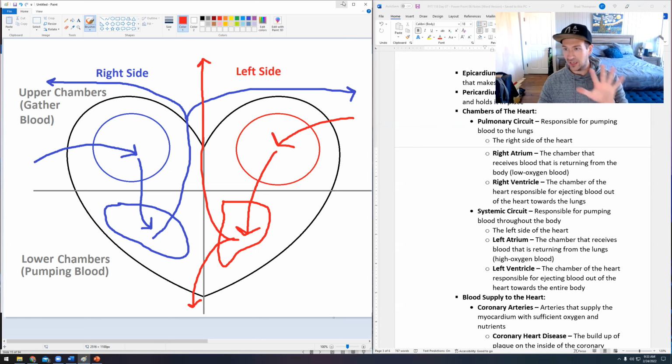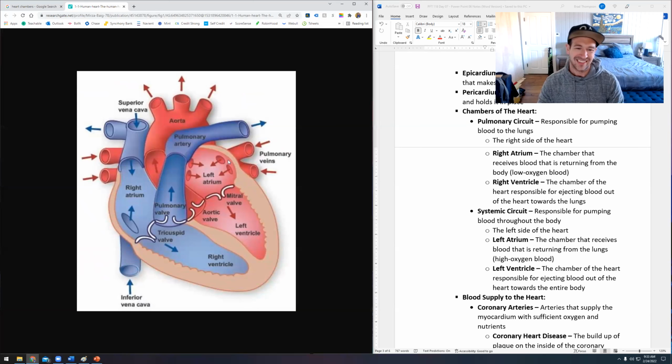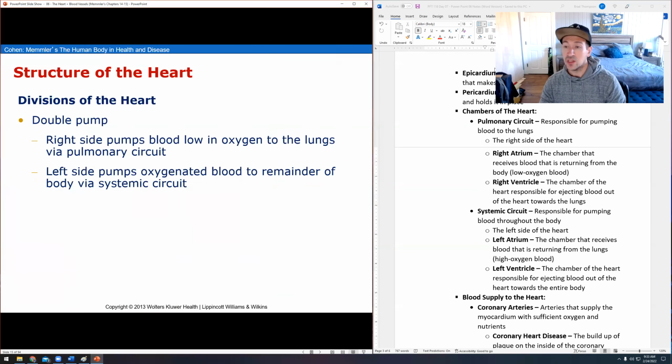So hopefully we get to see that happening in real time. Here's a much cleaner picture, right? So it goes into the left atrium, into the left ventricle, and then out to the various parts of the body. Some of it's going to go up to the brain. Some is going to loop down behind and travel out to the various parts of the body. So those are the two sides, right? We've got the pulmonary circuit and the systemic circuit. The pulmonary circuit